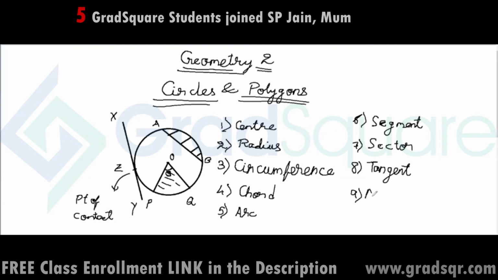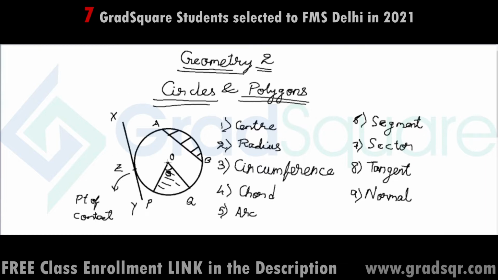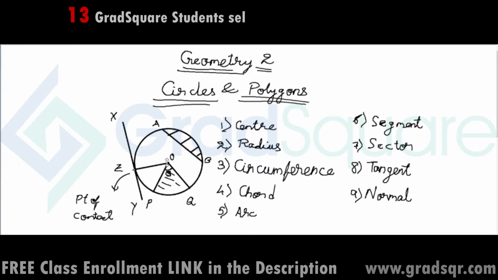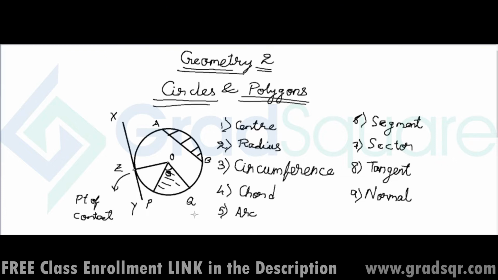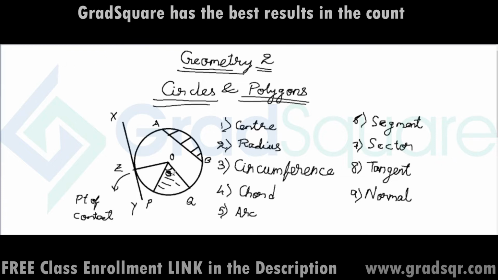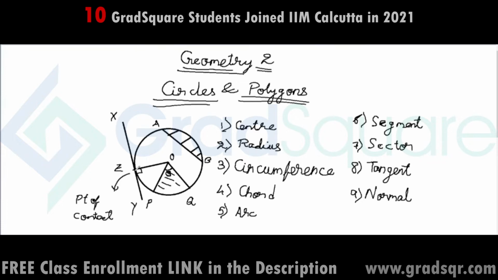Okay. Next, of course, there is a normal of a circle. By definition, normal is a line segment which is formed by joining the center of a circle to the point of contact of a tangent. So the thing to note here is that if there is no tangent, then there cannot be any normal. So tangent and normal always go hand in hand. Whenever there is a tangent, there is going to be a normal, and to all tangents, there is of course going to be only one normal. Normal is a line segment formed by joining center of a circle to the point of contact of the tangent, and the property of the normal is that it will always be perpendicular to the tangent at the point of contact.